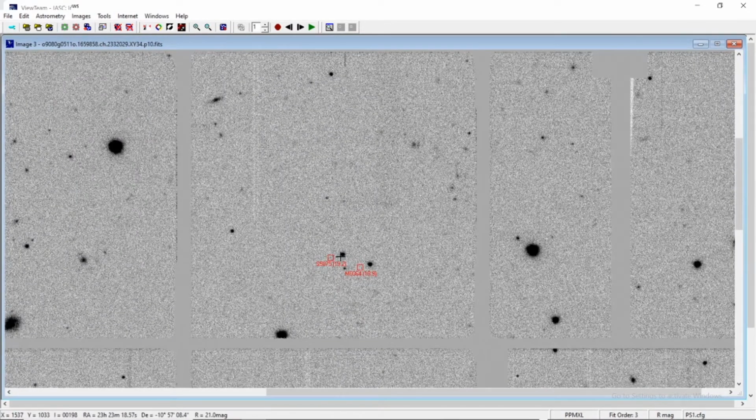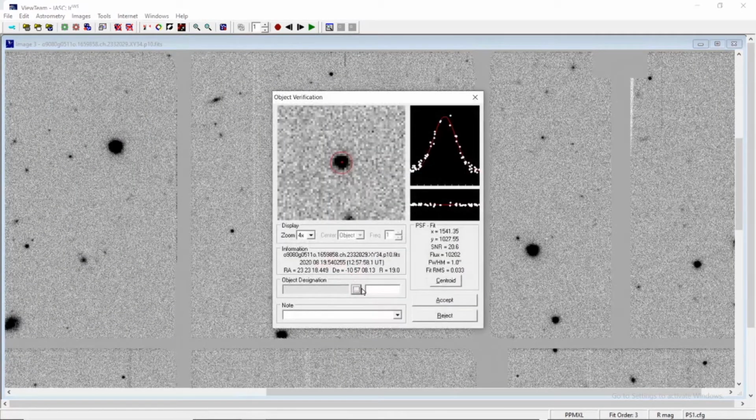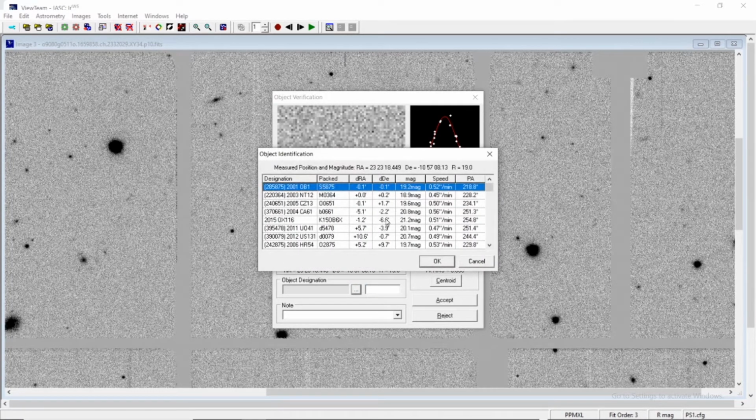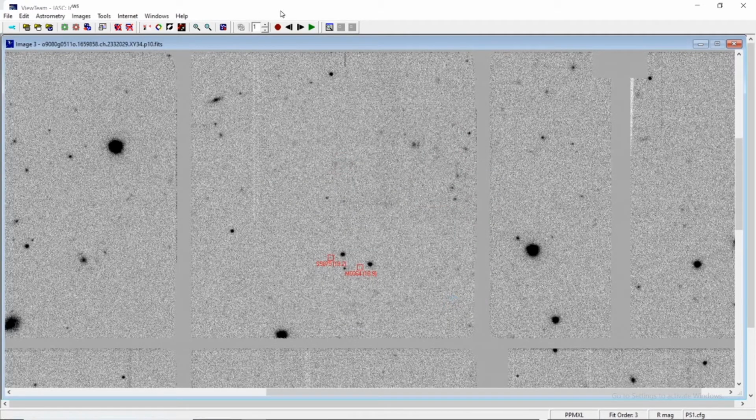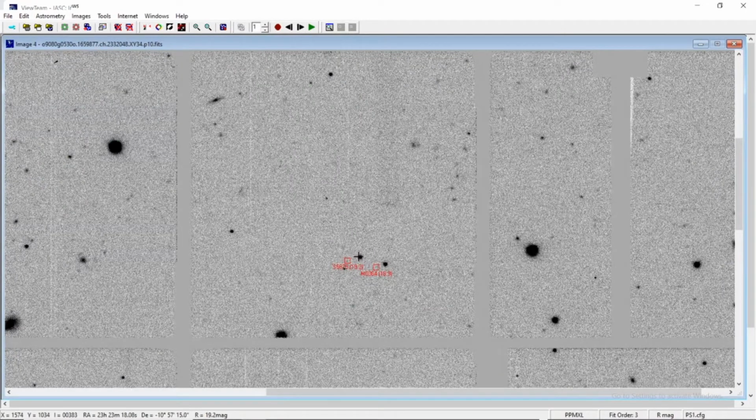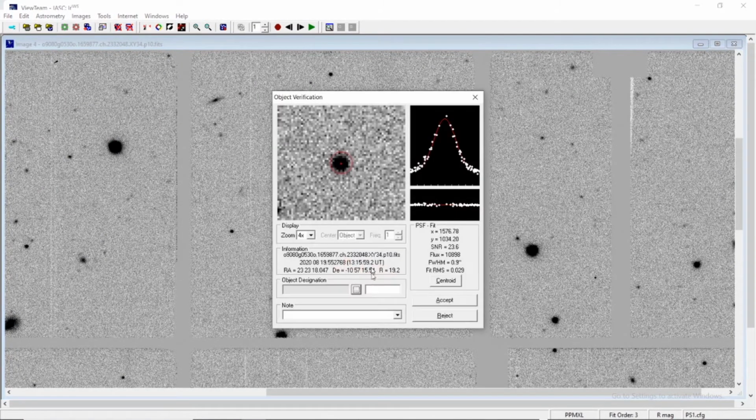You again move forward, go to image number 3, go for the object designation. No need to go for such details of the property already analyzed. Select the nearest object, measured position after seeing them, accept it, don't change the name of that 5-letter designation, keep it as it is, 5875 only. Click on this object, again see beautiful graphs, everything is there.